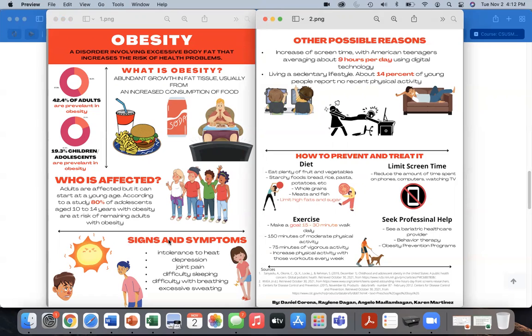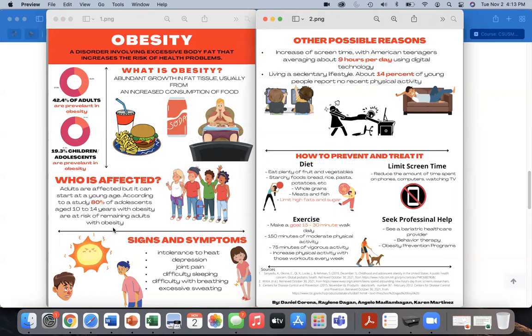And what I've noticed here is throughout the first section, there's no referencing. You do have your sources on the last page, which is great, but you haven't connected those sources. So where are they coming from? So for example, if you say who is affected, you're going to want to put a superscript or subscript up on the top. So it's a little number that is raised up on the top. The superscript would be the higher, the subscript would be lower, or vice versa. I can't remember at the moment, so forgive me.